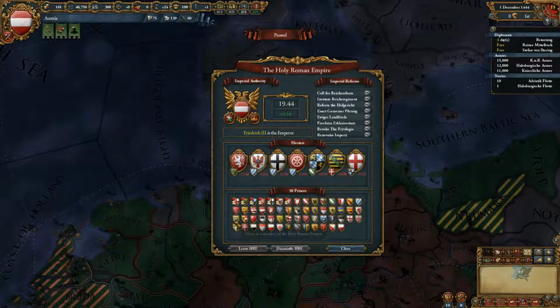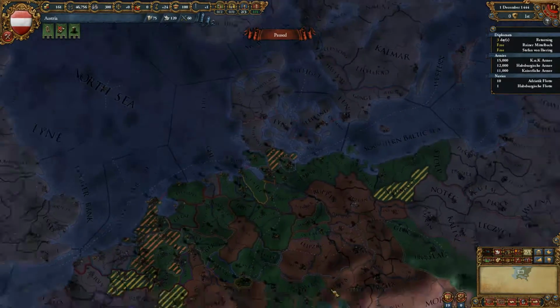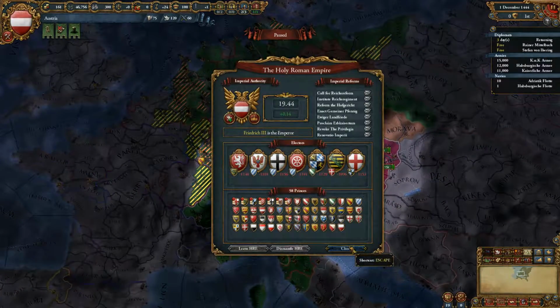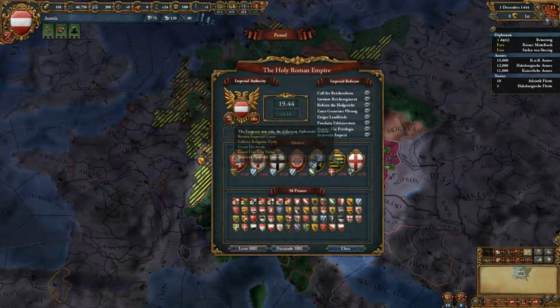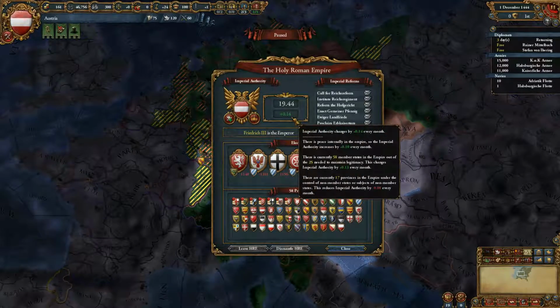Yeah, I don't know how to tell it in the base game, but if there's less, you can give another country one. Then we have, if they're less, they're up to 7 or 8, I believe. You can give